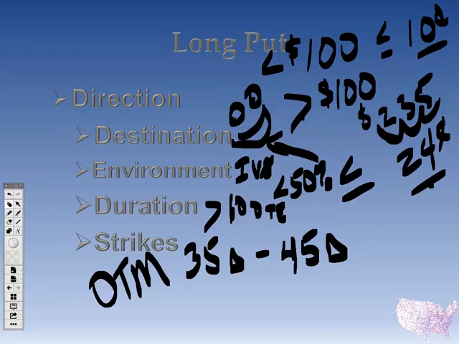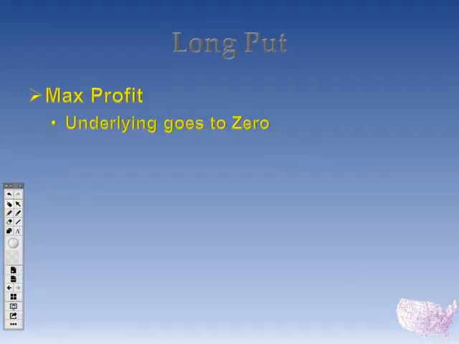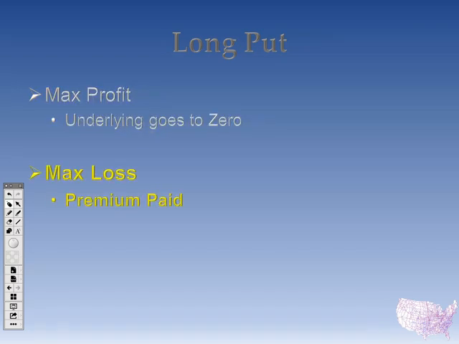Everybody? Cool. All right. So we do need to know our max profit is if the underlying goes to 0. We see Lyft go bankrupt. Probably not likely to happen right now, but it could, absolutely. So if the underlying goes to zero, that's our max profit. I don't usually look at that being my max profit. I'm looking for basically a double on this. I'm looking for my premiums to double for that max profit. Max loss, I'm sorry, is the premium paid.